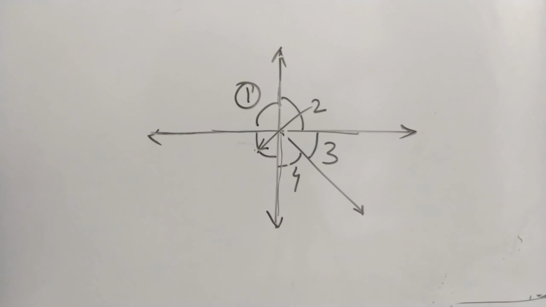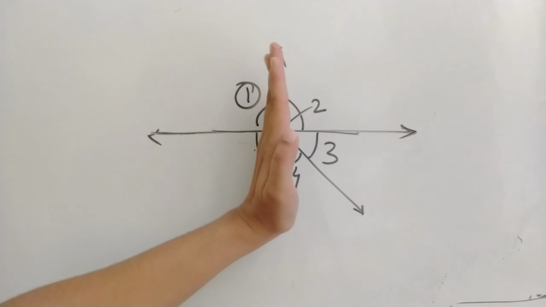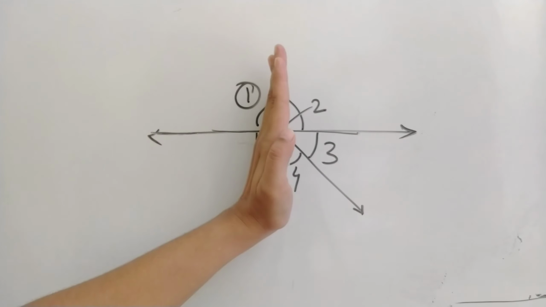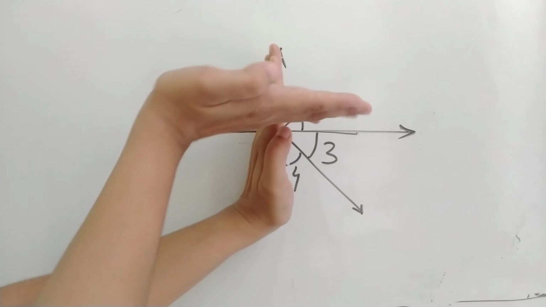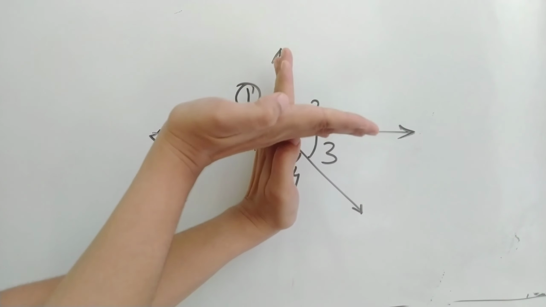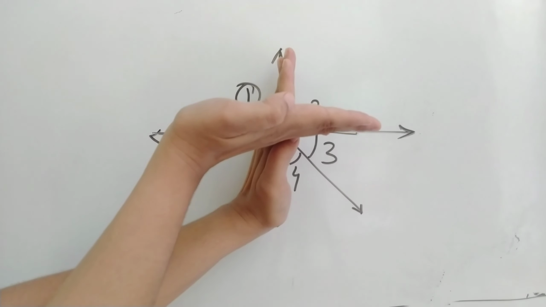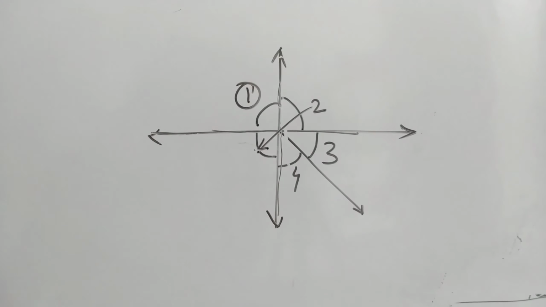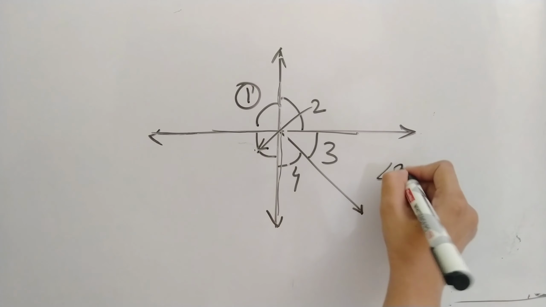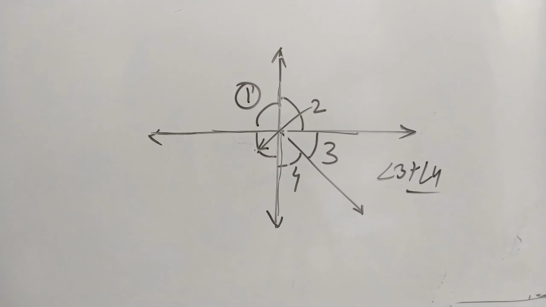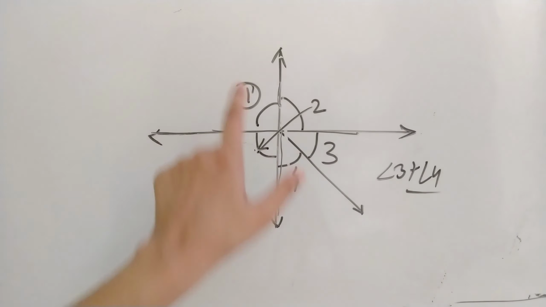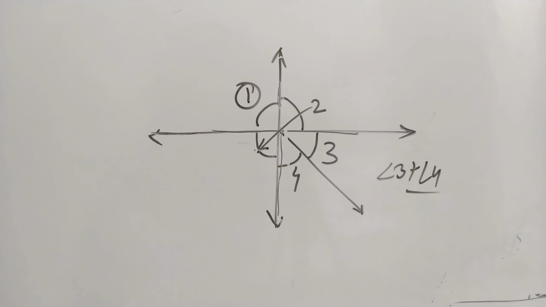But in the case of 1, if I say this is the straight line for this value, and for this particular situation this will become the straight line. So what is the vertically opposite angle of 1? It is 3 and 4. That means angle 3 plus angle 4 is vertically opposite to angle 1. You cannot just simply write angle 4 as vertically opposite to angle 1. That will become wrong. Now the condition is vertically opposite angles are equal.